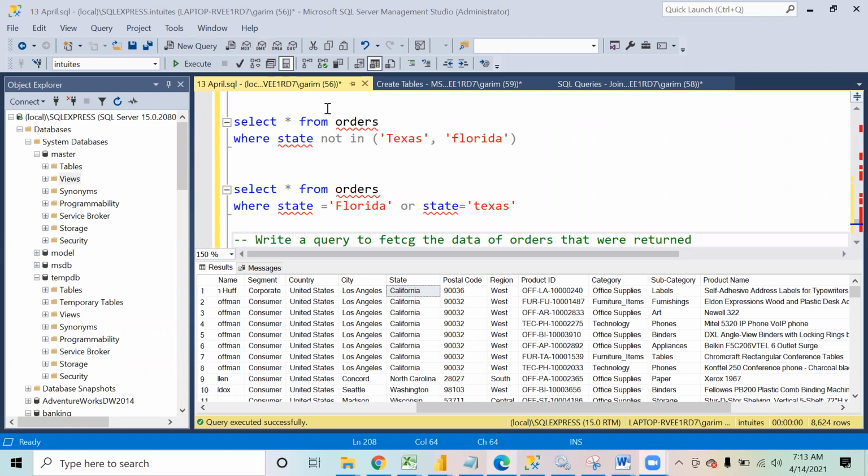Right, so what I need to do now is fetch the complete data of the orders that were returned. So how will I do it? Yeah, right, Radhika.